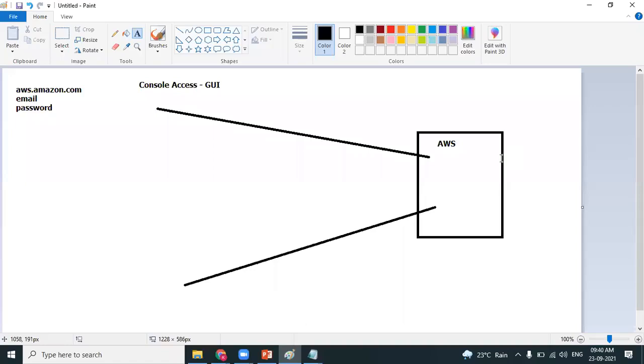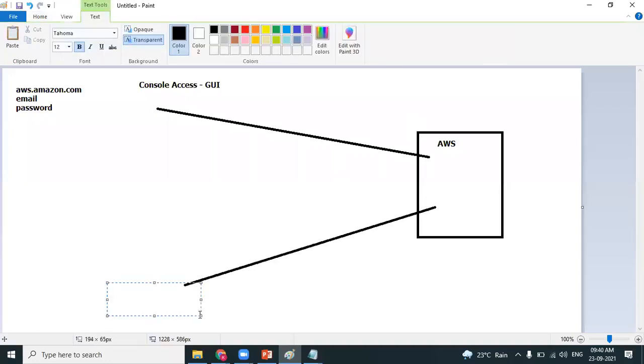There's one more way to connect to an AWS account. Yes, my dear friends, there's one more approach. There's one more way to create EC2 machines, and one more way to create S3 buckets. You can also connect to an AWS account and create the EC2 machines using the command line. Yes, you don't need a browser to connect to an AWS account.